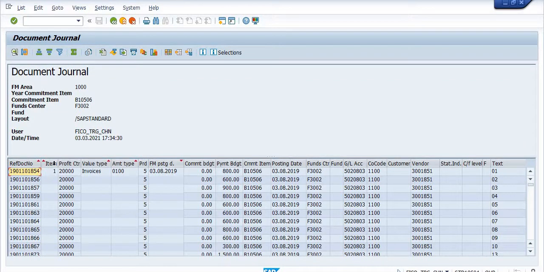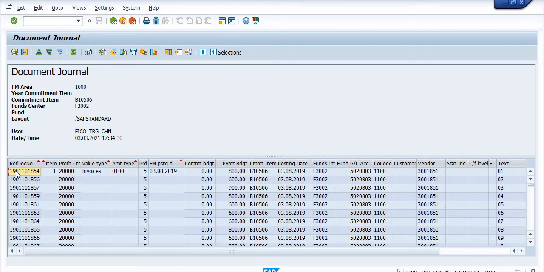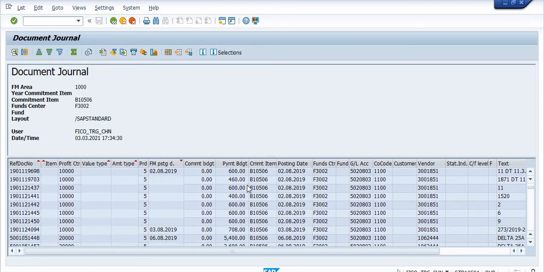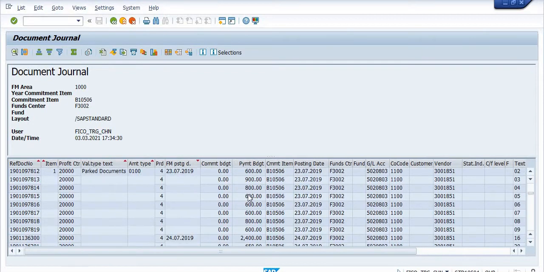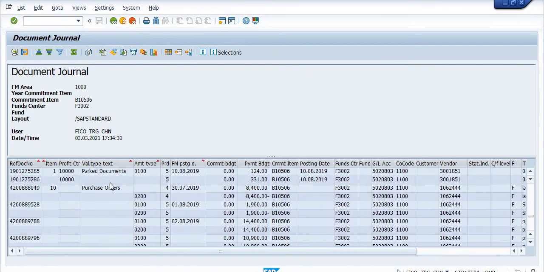So these are the actual consumption of the budget. This is the payment budget consumption. This is the payment budget. If you observe clearly, the sum of 19 documents, park documents, some of the purchase orders, the budget consumption is like that.